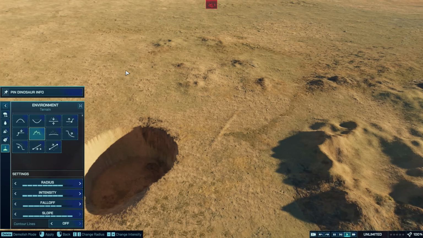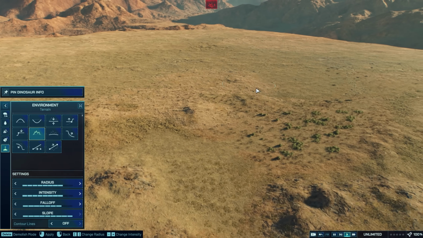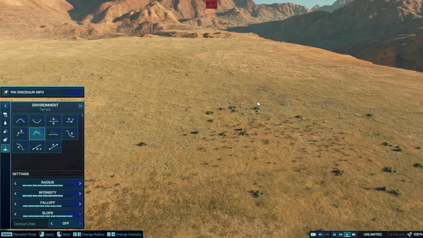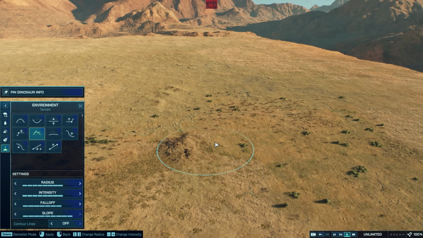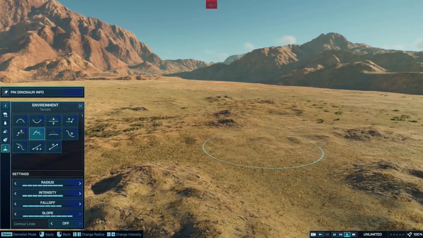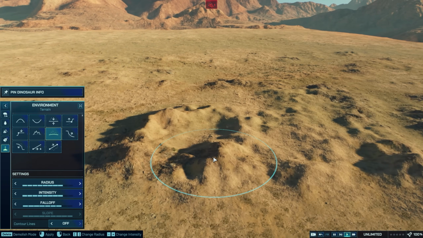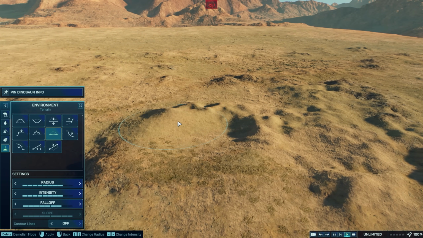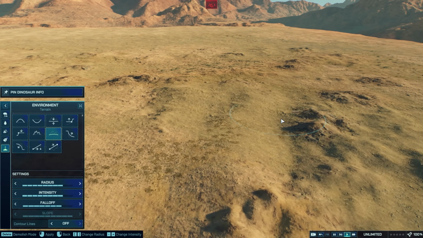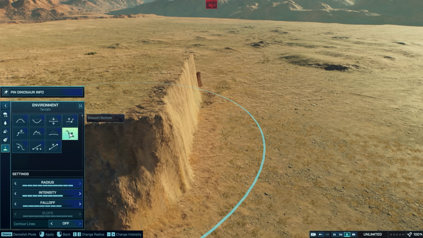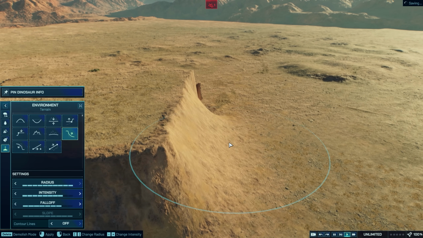And this makes really easy work of just making something look more natural. Because, you know, a perfectly flat earth doesn't look quite right. So if you just dot that around a bit, that already looks a lot more natural. And then of course on the flip side you have smooth, so you can get rid of the real bumpy bits. Next we have smooth bottom, and when you do that, what you can see is that it smooths out